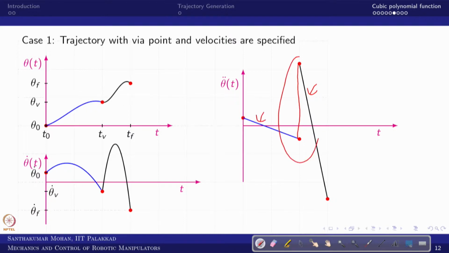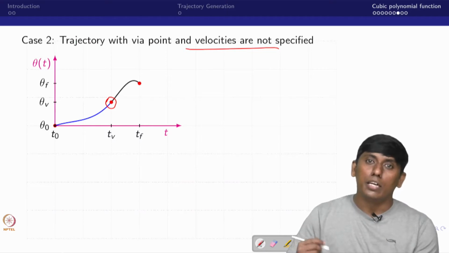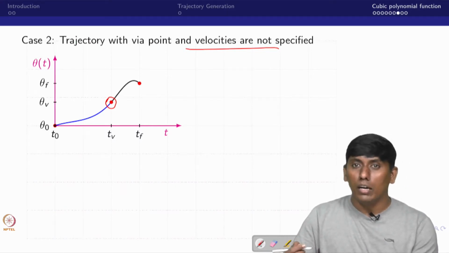So there is a discontinuity here. In order to avoid this, we can assume that the final velocity and final acceleration of the first segment at this via point would be equal to the second segment's initial velocity and initial acceleration. In that sense, you would be using the acceleration equation and one more constraint. Then you would again get 6 valid equations, and you can add these 2 additional constraints. So it would give 8 equations and 8 unknowns, and then you can solve it.